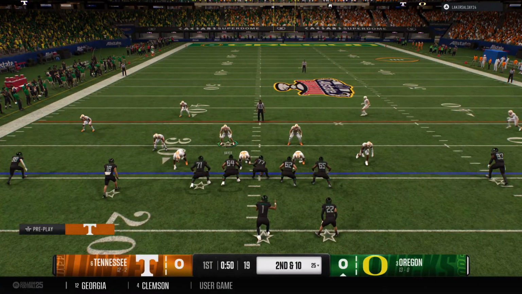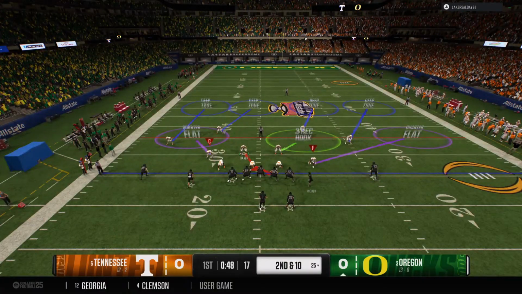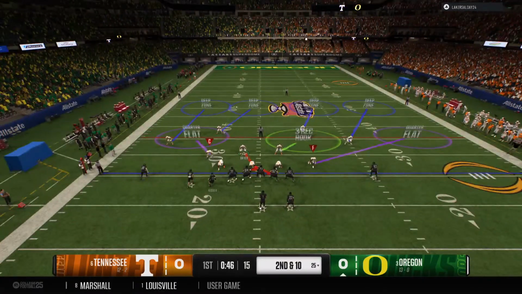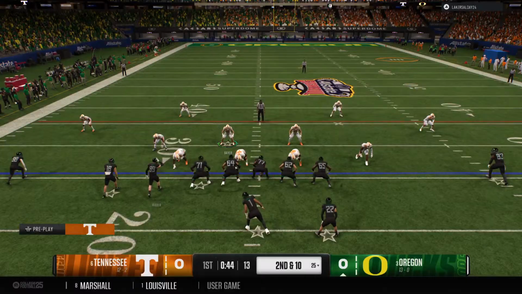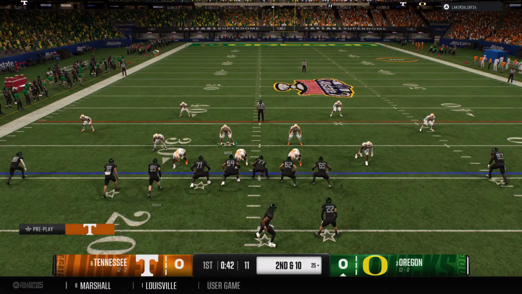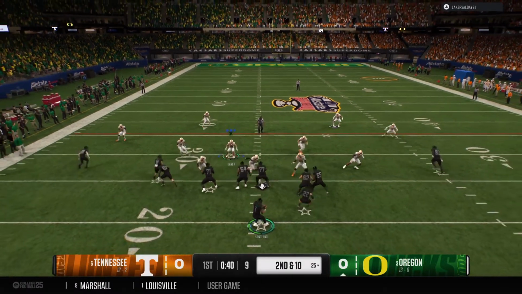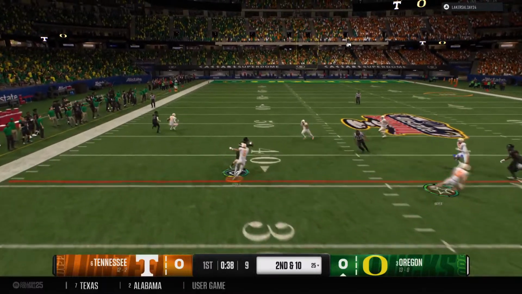Offense moving receivers around now before the snap. Quarterback making some changes at the line. Looking to pass here on 2nd down.